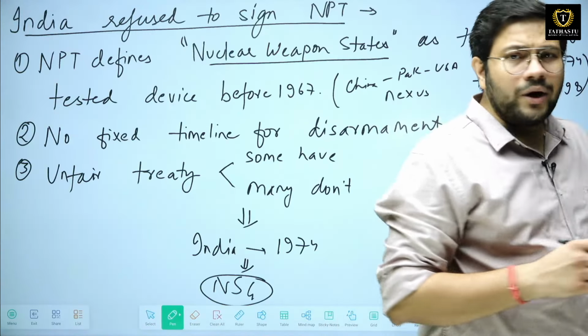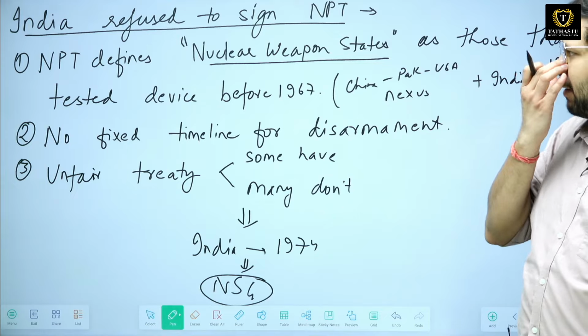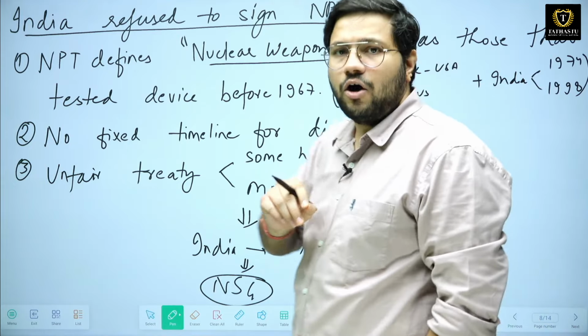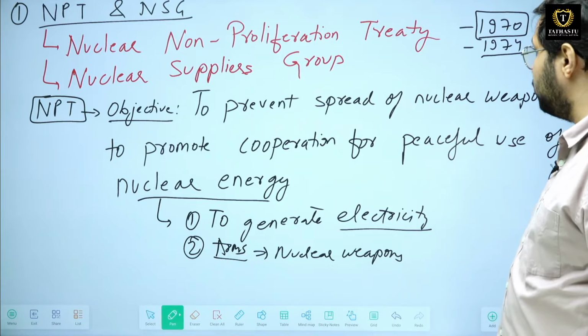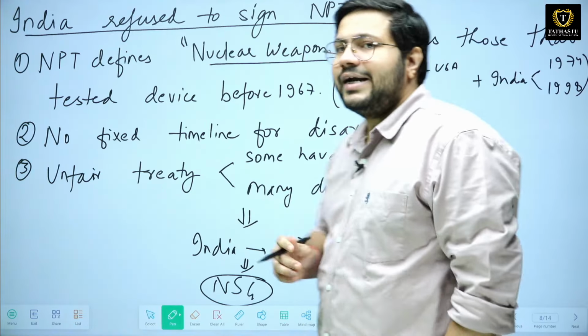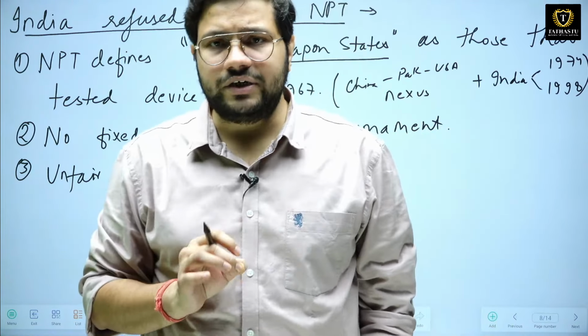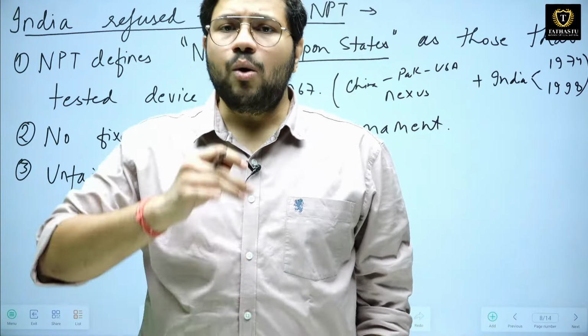Now, what happened was that in the year 1970, when this treaty of NPT was signed, India refused to sign this treaty. Now, why did India refuse to sign this treaty? There were three important reasons. Number one, when this treaty was signed,